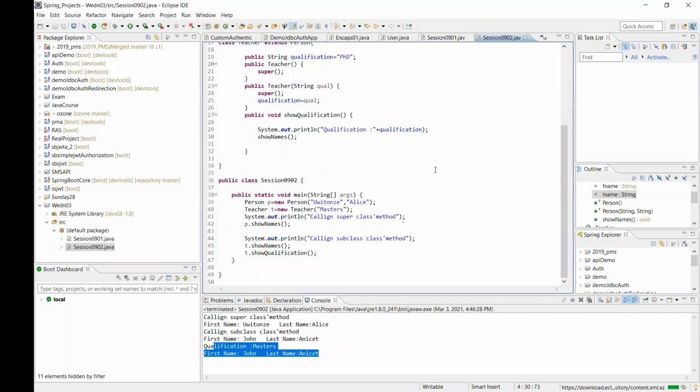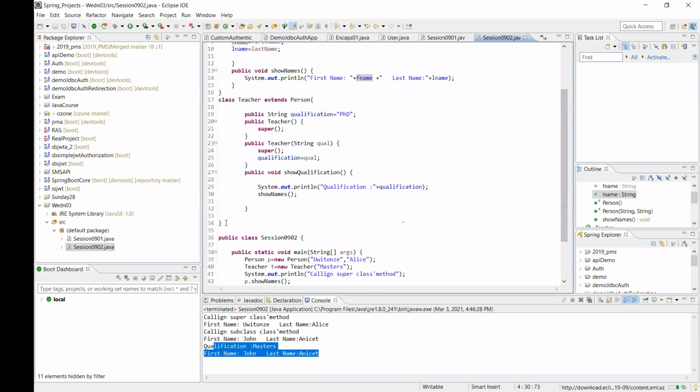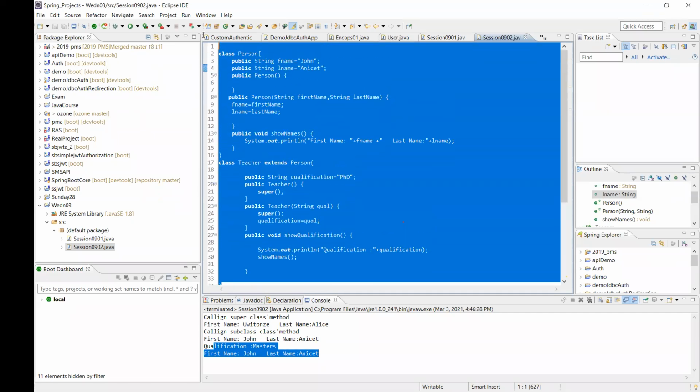So it's the concept of inheritance. We're going to continue with inheritance and the other topics like interfaces and packages. But for the exam, you can prepare up to encapsulation. So I think this is what I can share. I'm not really feeling comfortable, but